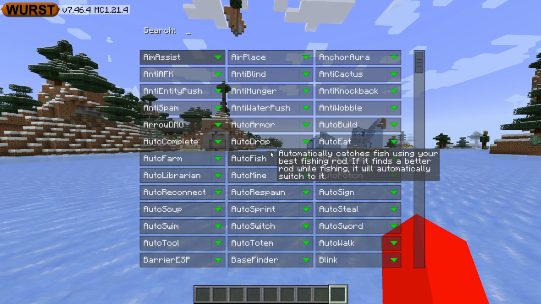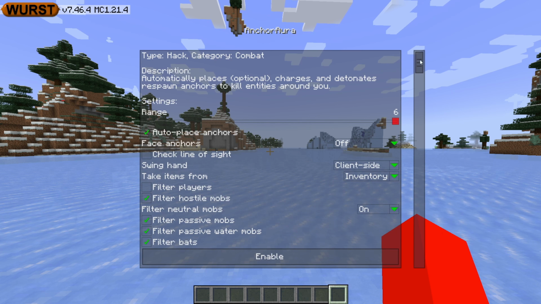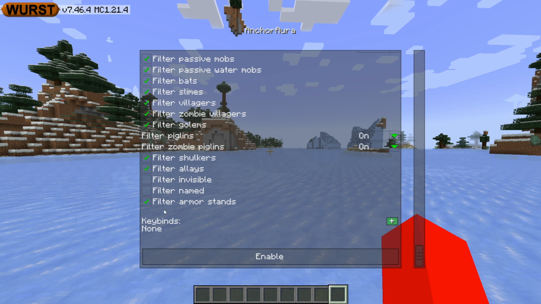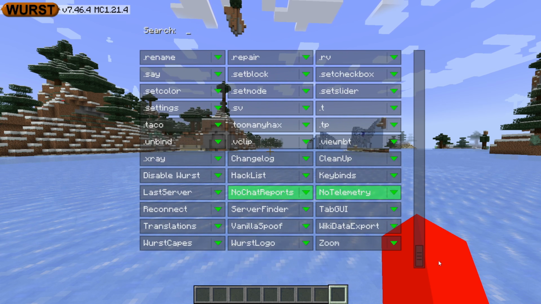Anyways, opening the Click GUI back up again, for these customization menus, there's one pretty important thing that they all allow you to do, and that is to set a keybind. It's usually at the bottom over here, where you can click on the plus button to add a keybind for this specific utility. Going down to the very bottom of this, you'll see that the sorting actually starts again, and these are some more general basic utilities,